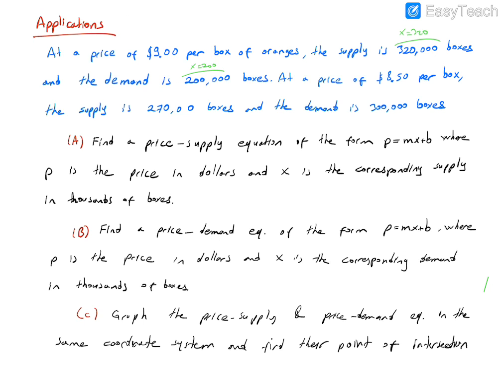Let's solve that question. To find the price supply equation of the form P equals mx plus b, we must find two points of the form (x, p) on the line. Actually, it is given in the question. These (x, p) points are on the supply line. From the given supply data, we have